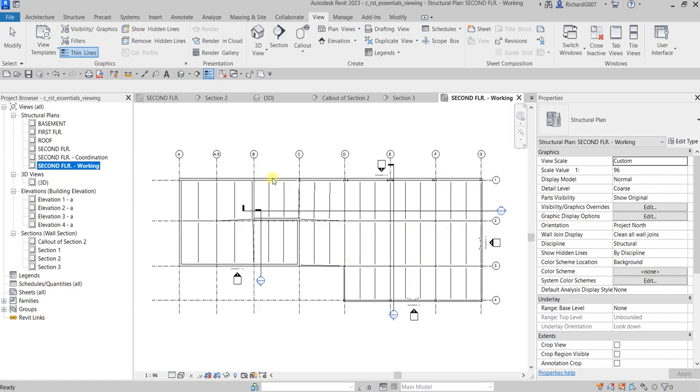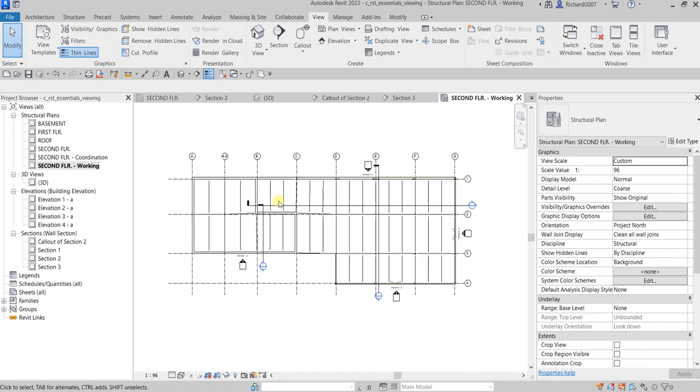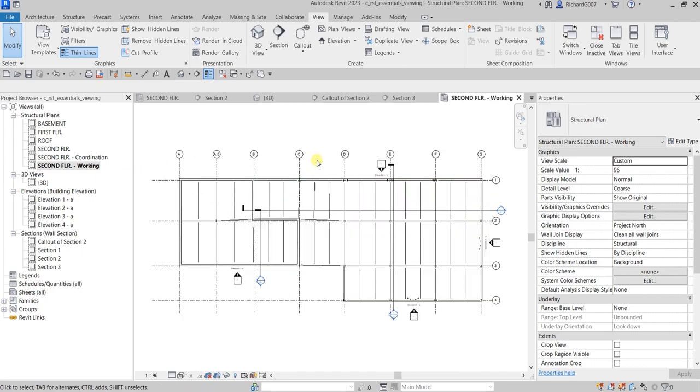Okay, so this is now the working drawing. This is independent. When you duplicate your view, this is independent from the original second floor view. So you can use it as a working view to further build the model and coordinate with a reference architectural plan. So the original second floor view, which is this one, can contain the annotation and be used, for example,